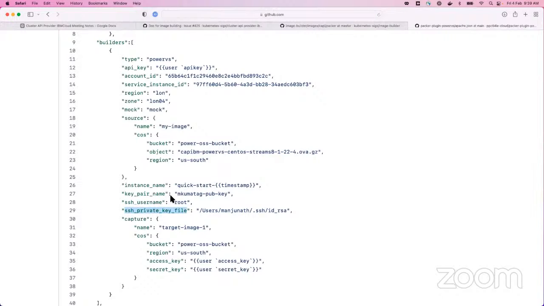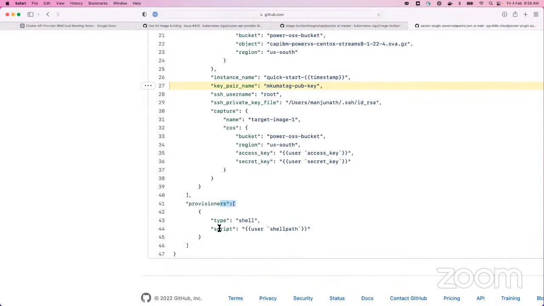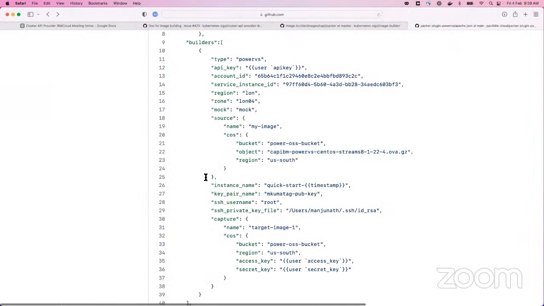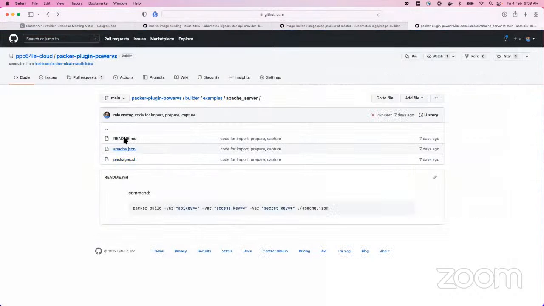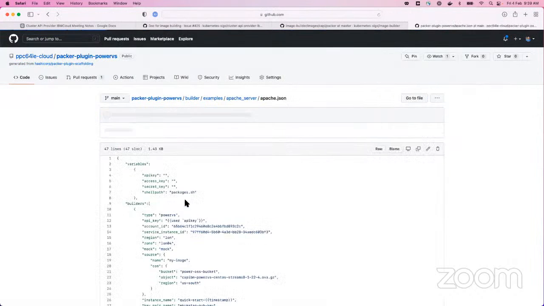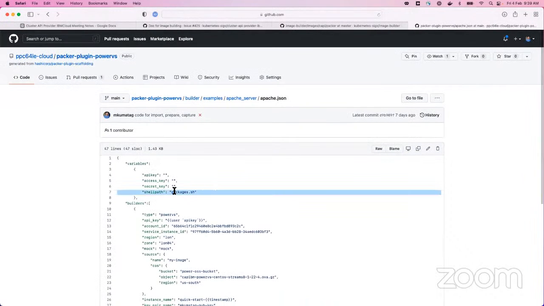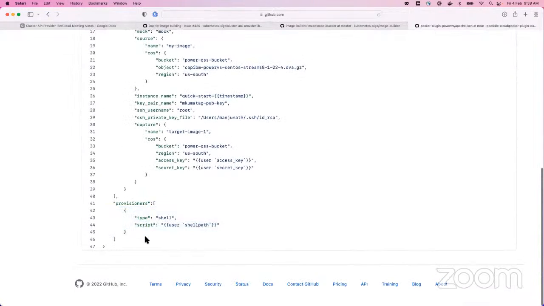It will just create that SSH connection using whatever information we are supplying here. And post that, you can have your own provisioner. In this case, it is just the shell provisioner, where it can deploy whatever shell scripts you have, right? For example, you can have your shell script here, and then this package.sh is referred to somewhere in the shell path variable, and then they're just referring to that, and that is how it gets